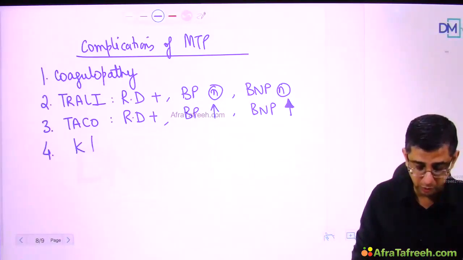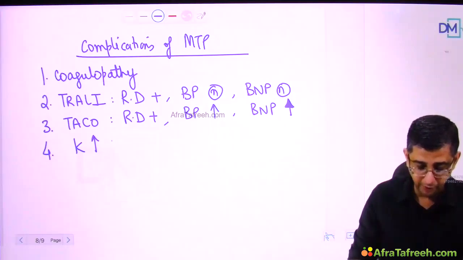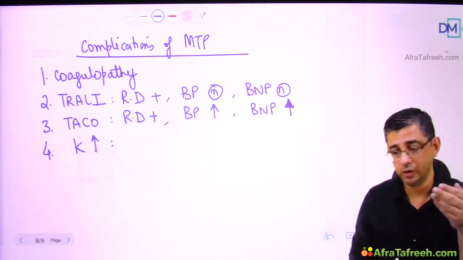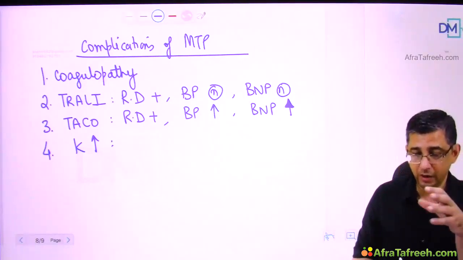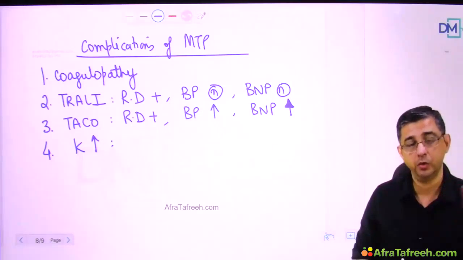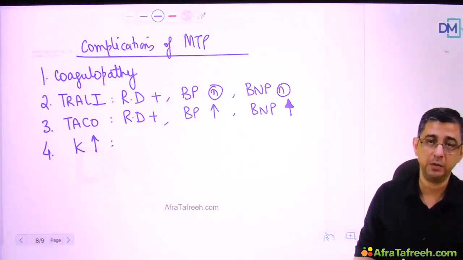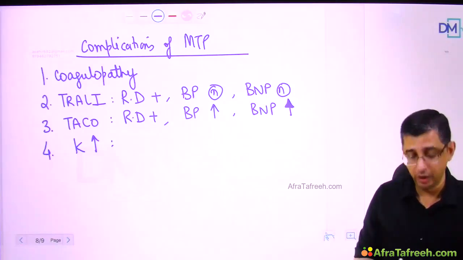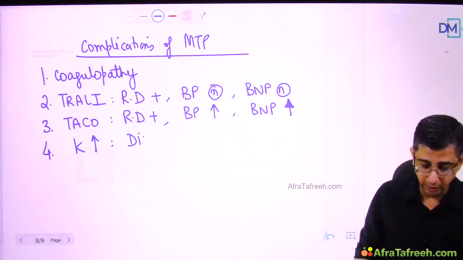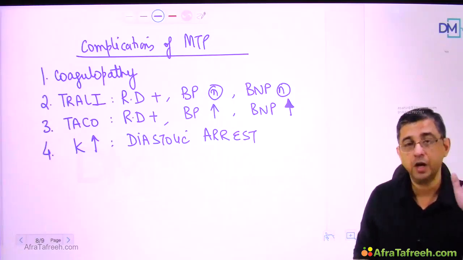And the two more causes to be remembered are development of electrolyte imbalance, hyperkalemia. Why that? Because packed RBCs were stored at lower temperature, they might be near their expiry date, so therefore their sodium potassium pumps have shut down due to depletion of glucose. So if the pumps shut down, they will not be able to send potassium inside the RBCs, and therefore the blood potassium levels would be elevated. So hyperkalemia can contribute to diastolic arrest. So if he says after blood transfusion in a patient there is a bradycardia, then it is hyperkalemia